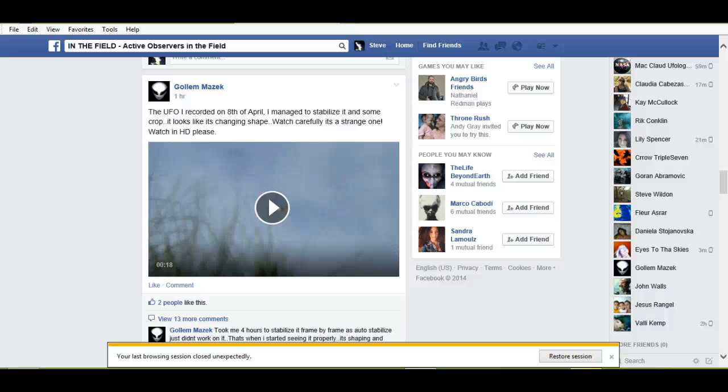This is analysis of the UFO filmed by Gollem Mazek in Sydney. So it's the 8th of April. Now he stabilised this using Adobe software, and I analysed the high zoom images. So let's go through this now,